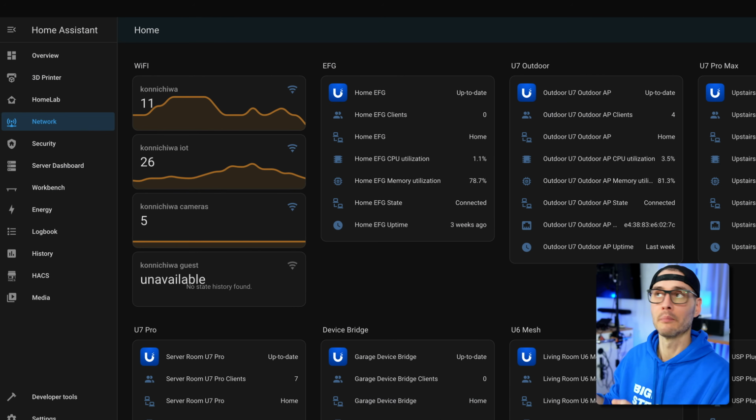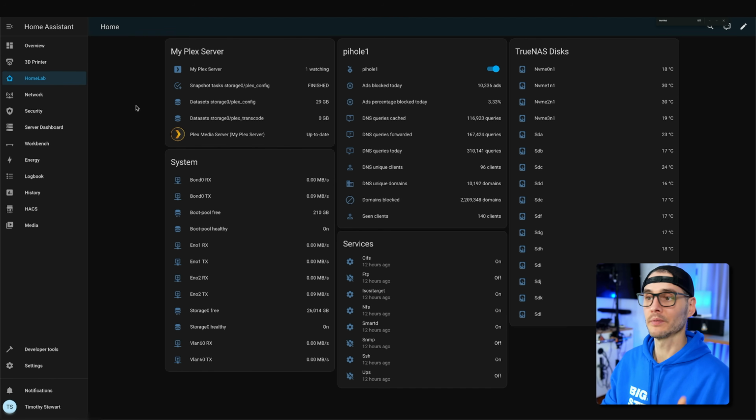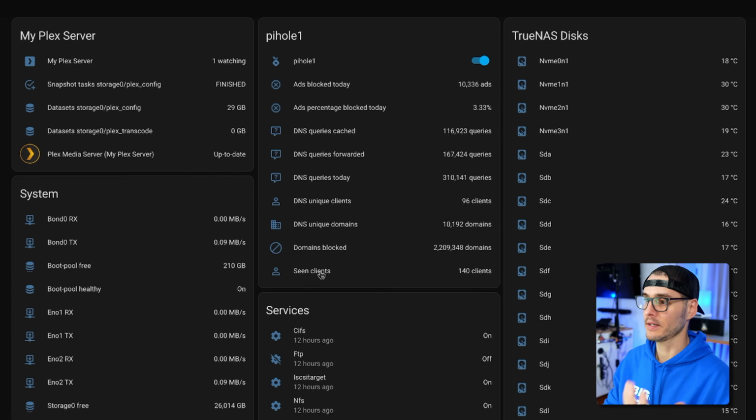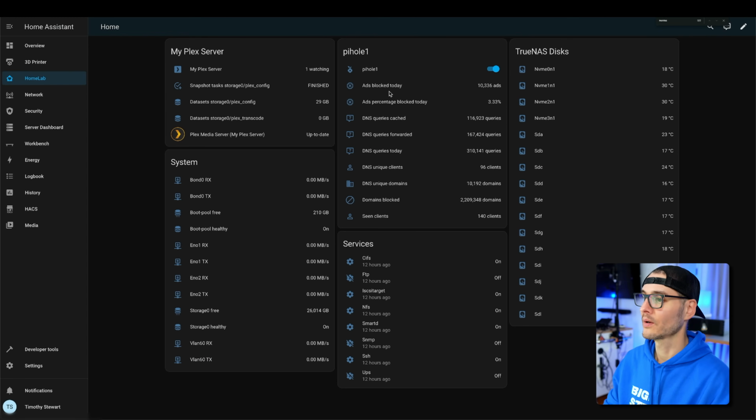Now, I'm not talking about monitoring the temperature or humidity in your home lab. I'm talking about monitoring things like Proxmox, TrueNAS, Docker, you name it. As a quick example, I set up a quick dashboard with Plex, with Pi-hole, with TrueNAS, and even some of the services that are running on TrueNAS, and I can manage it all from here. So if I wanted to turn FTP on and off right here, I could, or if I wanted to see who's watching something on Plex, I definitely could, or to see Pi-hole or quickly toggle it off to get around the Pi-hole blocking system and then toggle it back on when I'm done.